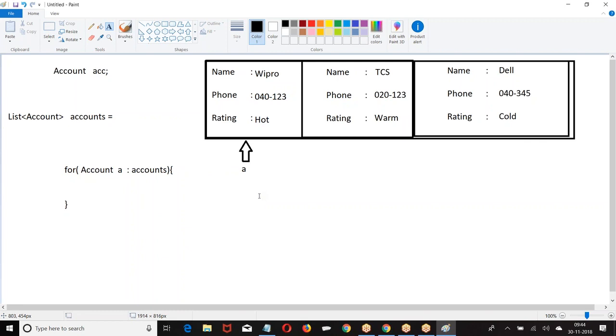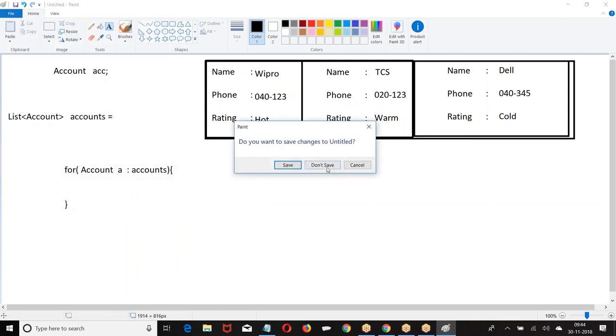It is a reference. It will refer to one of the locations. If that location is already there, straight away refer to it. If that location is not there, create and refer to it. If the location is already there and you want to refer to the existing element, you can refer to it directly. If you want to create a new element, you have to use equal to new. Am I clear? Okay. Now try to understand this concept.